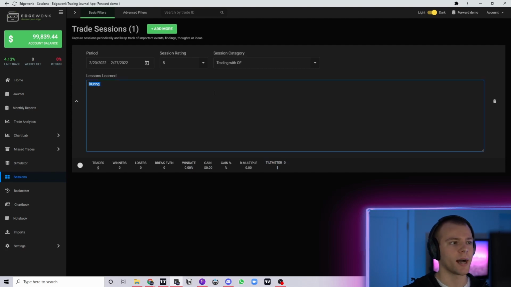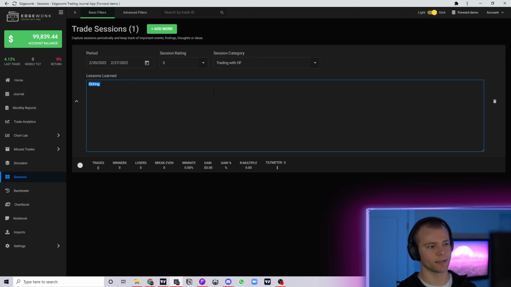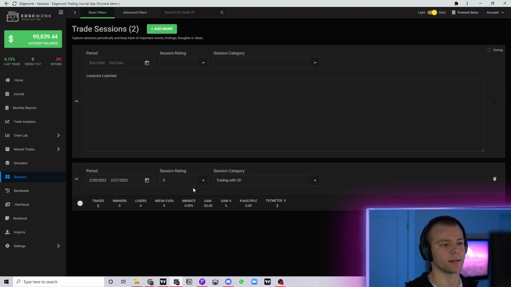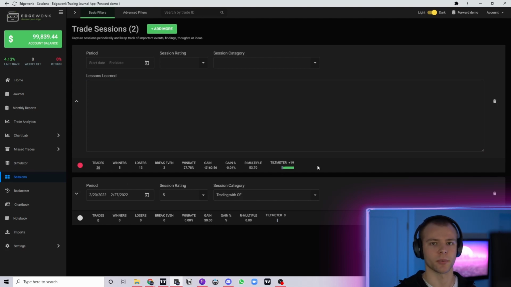So by having these sessions, week long, month long, whatever you want, it really helps you see in that period of time. Let's say you're split testing something and for the next week you want to move your stop loss to break even or whatever it is, instead of partialing. It's going to tell you if you have more losers on average, if you have more break evens on average, if your win rate was drastically improved, or if it just went to shit, and the dollar amount per trade. So you can compare this week after week and say, you know what, there is actually a huge difference between the 2 weeks, or this was a really good week because I changed this thing. And then you can think about that moving over to the next